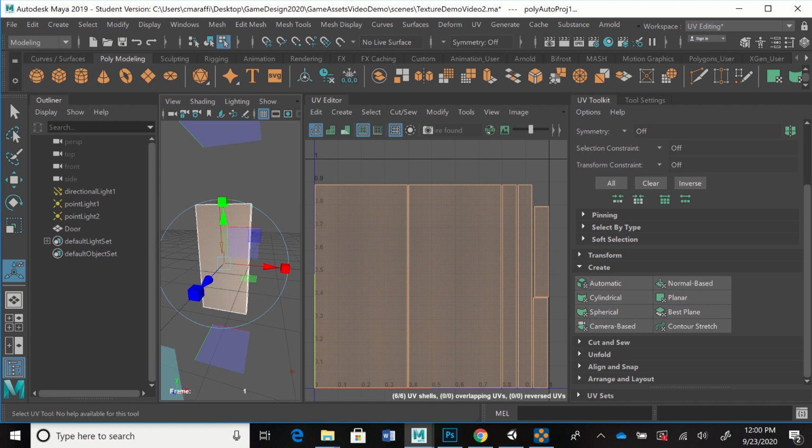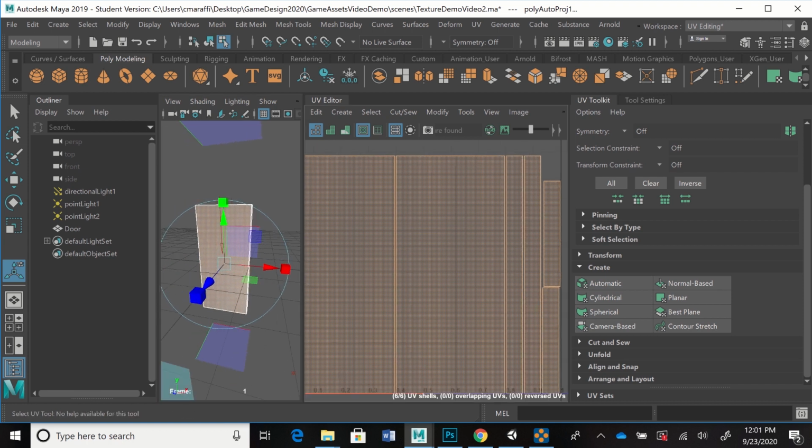And so in this 2D texture space, whatever is largest is going to be the most important parts of your model that are going to be seen the most. And the front and the back of this door are the most important parts. You don't really scrutinize or look at the edges of the door. So those are less important, so they should be smaller. And they are smaller also in your 3D world. So just understand that does make a difference